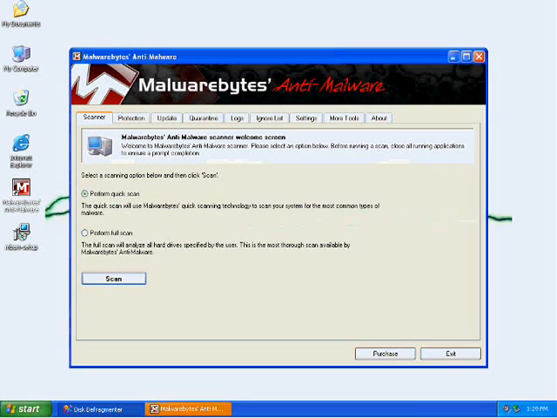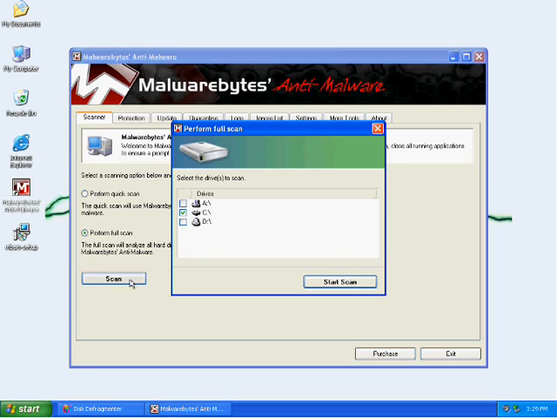Okay, so now this is a very simple program as well. You can choose to perform a quick scan occasionally once you've done a full scan, but I recommend on your first scan at least, and probably at least once a week afterwards, doing a full scan. And once you've selected full scan, you can click on the scan button,